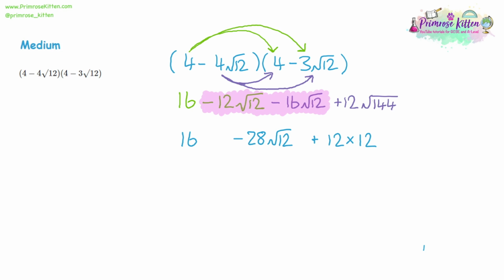So now, moving on to our final answer. We've added together the root terms and got that. Now we need to look at the whole numbers. Now, with the whole numbers, we do have this 12 times 12, and 12 times 12 is 144. So I'm just going to get rid of that and write in